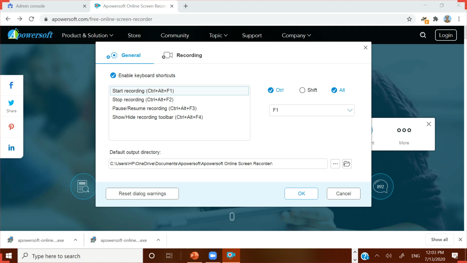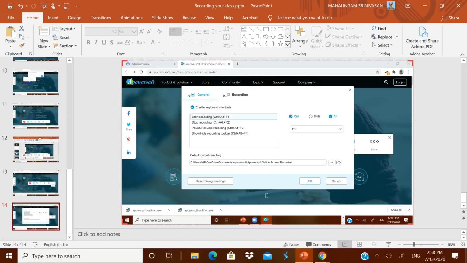When you start it and press Ctrl Alt F4, the dialog box will go. After the meeting is over, there is no need to come back to this dialog box and close it. Simply press the stop recording shortcut, Ctrl Alt F2, and it will stop. Remember, these can be changed by you, but these are all default settings. Now you know how to use this APowerSoft app.